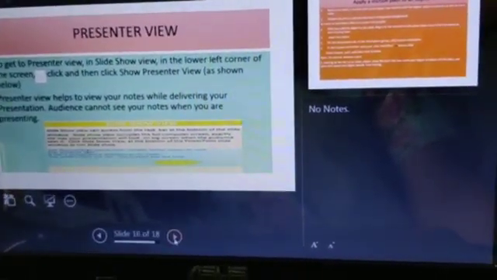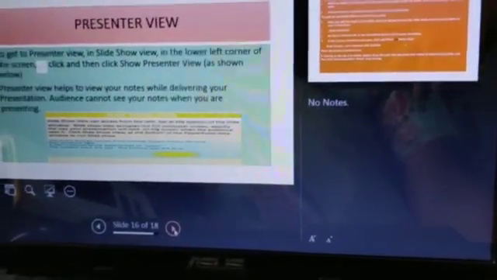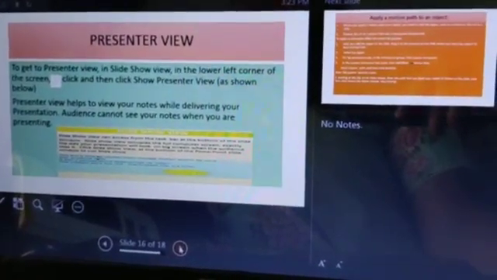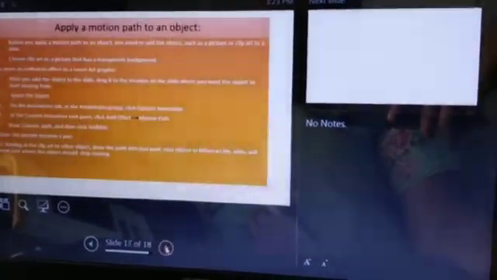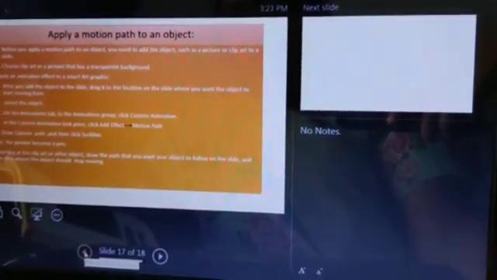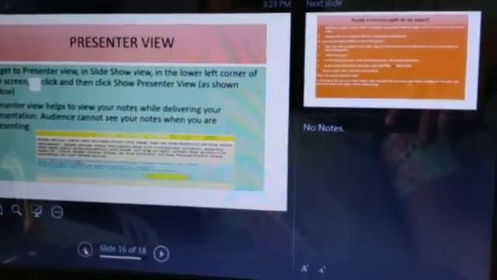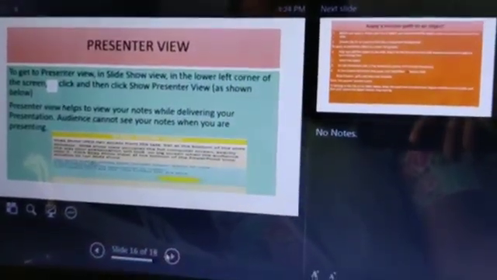We can go to the previous slide or next slide. You can see the arrows at the bottom of the screen children. Here you can see this arrow towards the right side. This arrow is used to move to the next slide. And here you can see the back arrow. This arrow will go to the back slide or previous slide. To move to the previous or next slide, click on the previous or next arrow.